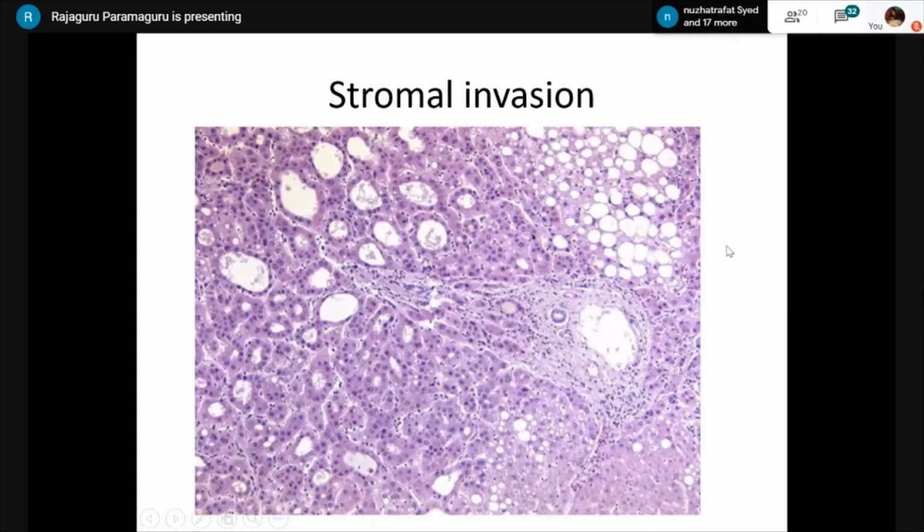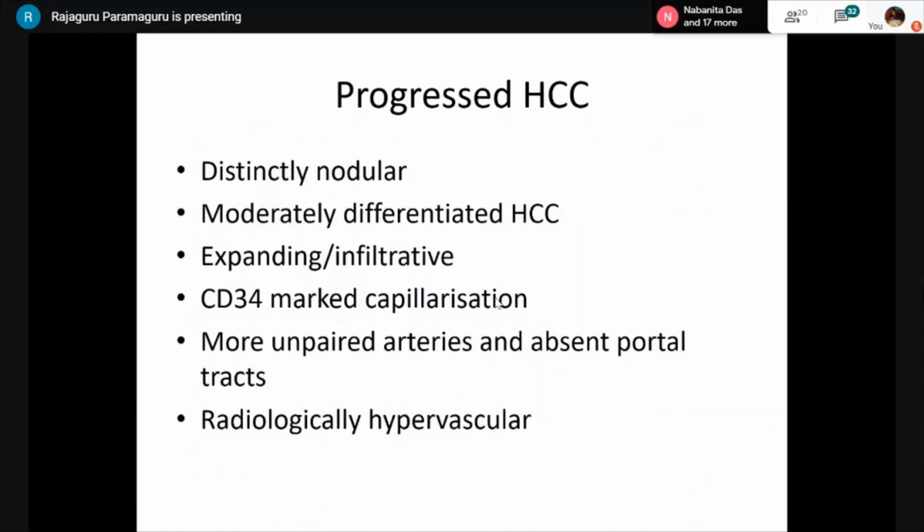Here this is showing the classic small cell change with this beautiful acinar pattern. And this is the portal area within that nodule, and that portal area is showing infiltration of these tumor cells into the stroma, and this is considered a definite sign of early HCC. If you are not able to find this, or if you find a lot of ductal reaction, it might be an entrapped hepatocyte and not a true infiltration. So you have to look for that.